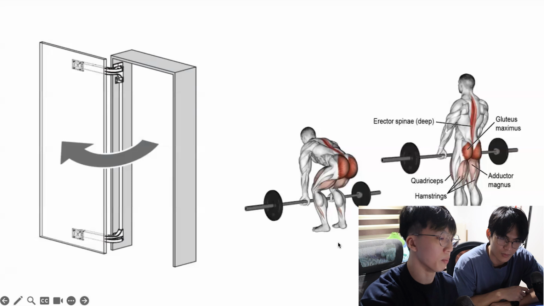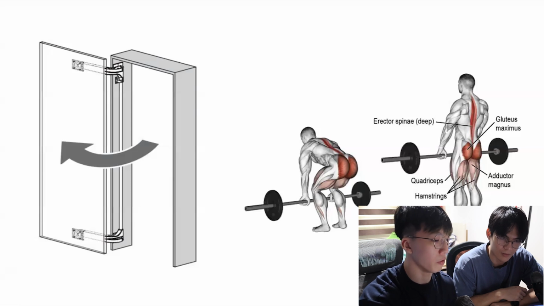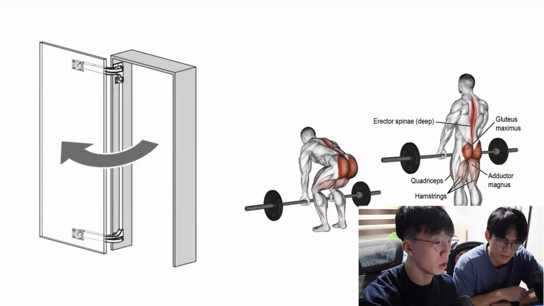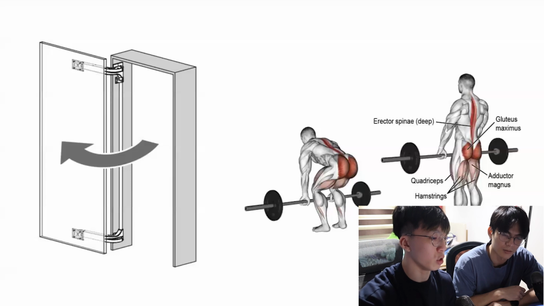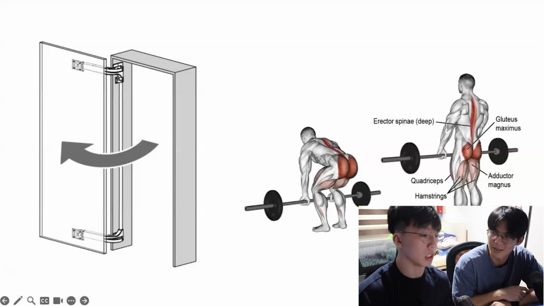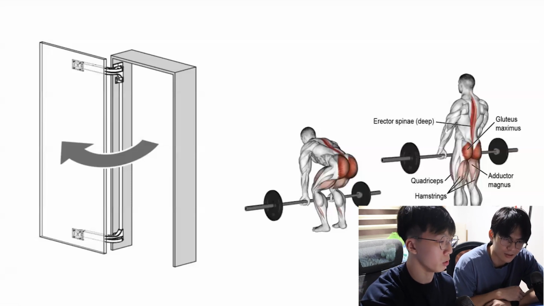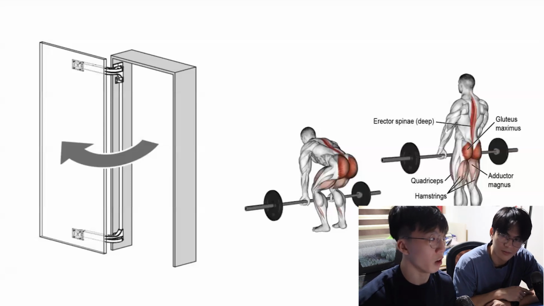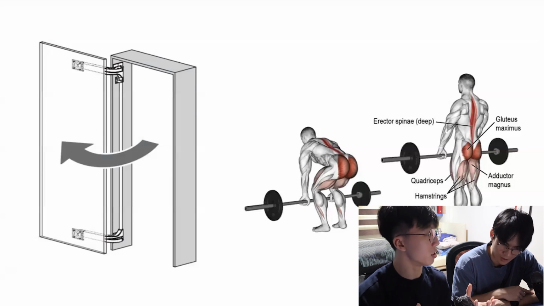Moving on, as you can see from the picture, the deadlift is a floor exercise. You pick up the weight from the floor, correct? So you want to generate as much power from the floor as possible. How do we do that? You need to maintain as much contact with the ground as possible. What do you mean by that? For example, this guy is barefooted. If you compare, let's say he wears running shoes, because there's a lot of cushion,